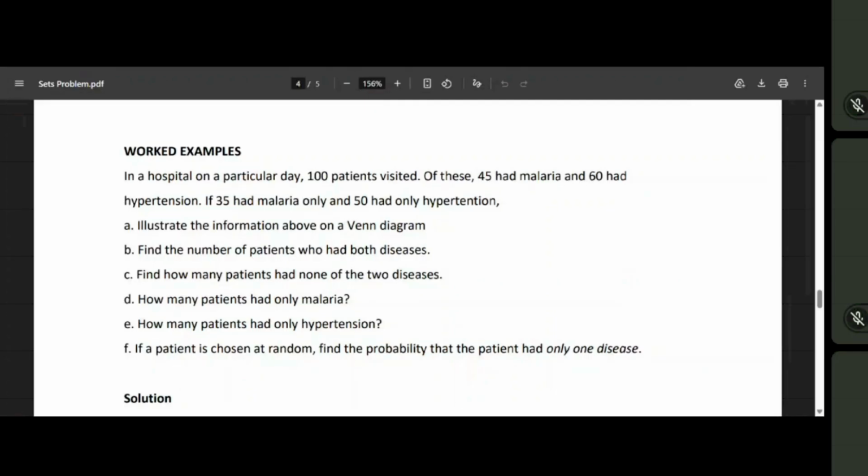Now, if 35 had malaria only and 50 had hypertension only. So when I'm saying only, you should know where they are belonging. Your brain should be telling you where they are belonging, even before we go to the diagram. Illustrate the information above on a Venn diagram. So Venn is the name of a person. It's the person who discovered this whole